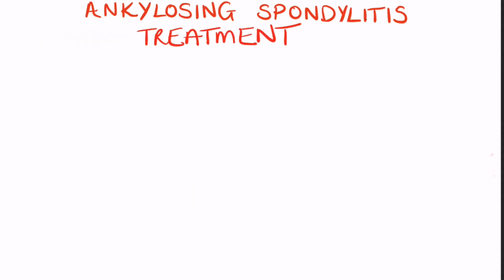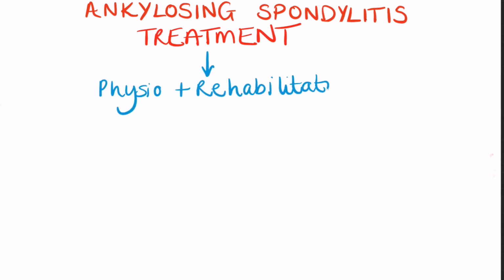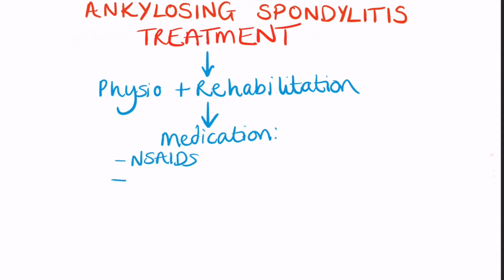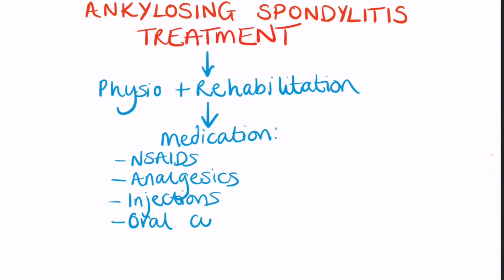Treatment of AS includes physiotherapy and exercise programs such as postural training to maintain function. There are no medications that cure AS. Some medications can improve symptoms, like NSAIDs. When these do not work, doctors should consider simple analgesics for pain relief. Corticosteroid injections can relieve sacroiliitis pain. Oral corticosteroids can be beneficial in the short term, but increase the risk of osteoporosis. TNF-alpha inhibitors can be effective when AS is poorly controlled with NSAIDs.